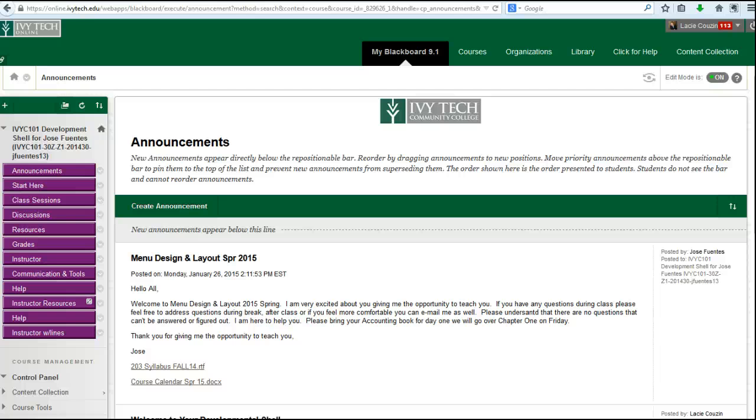Okay, from the home page of your course, you want to make sure that edit mode is on, and that's up here in this upper right hand corner where it says edit mode. You want to make sure that it says on. If it doesn't, then just go ahead and click it again and it will turn it on. And then from there, you want to go to class sessions